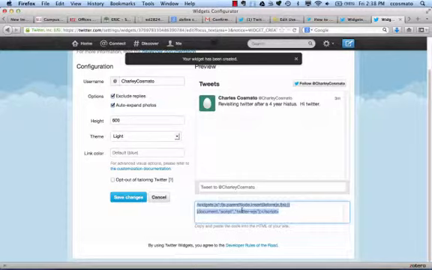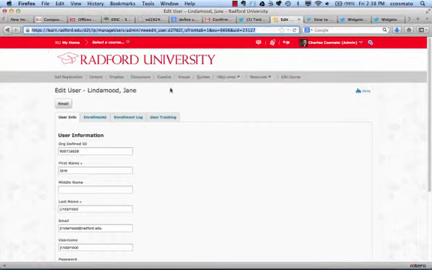I'm on a Mac, so that will be Command C. I could always highlight all of this text and right-click it and do a copy as well if I were on a PC. And I don't know what those keyboard shortcuts are. So copy that, and now I'll go to a D2L course,